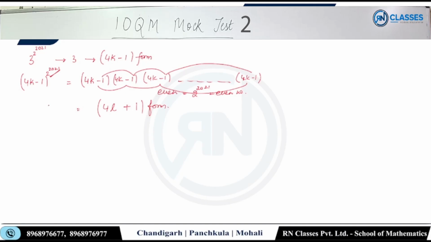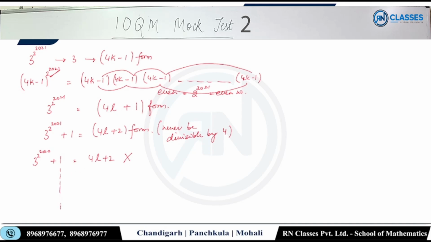ठीक है, ये किसकी फॉर्म है? 3^2^2021 की फॉर्म है ये। पर मेरे को ये नहीं चाहिए, मेरे को 3^2^2021 +1 की फॉर्म चाहिए। 4l+2 फॉर्म होगा। अब बोलो, क्या ये 4 से डिविजिबल होगा? नेवर बी डिविजिबल बाय 4। ये वाला तो नहीं हुआ। What about 3^2^20 +1? सेम ही होगा, 4l+2 फॉर्म का होगा, सो नॉट डिविजिबल बाय 4।